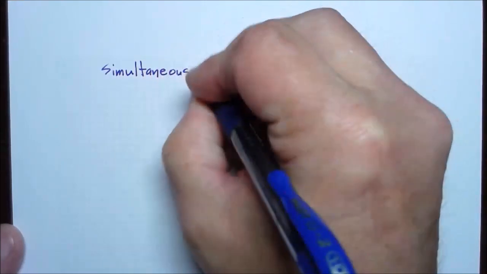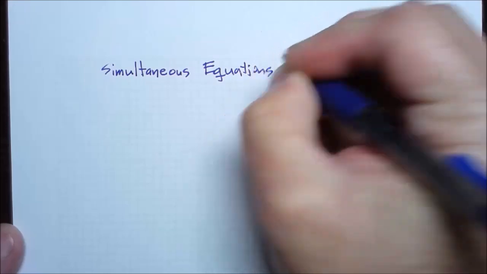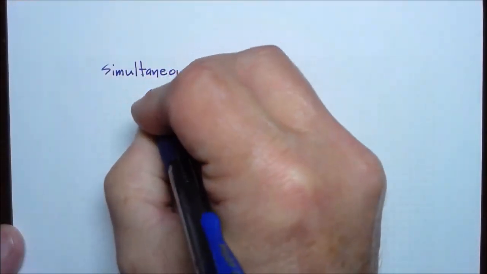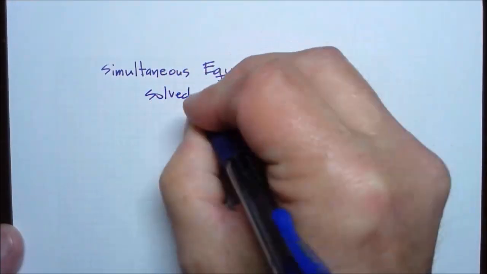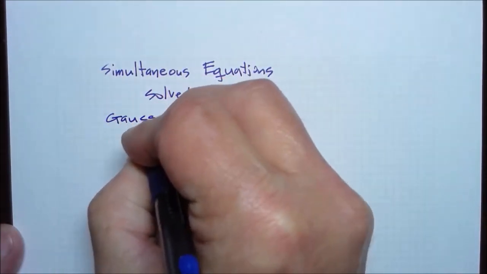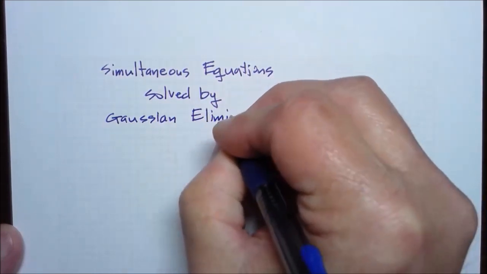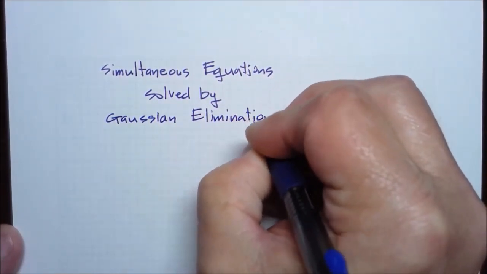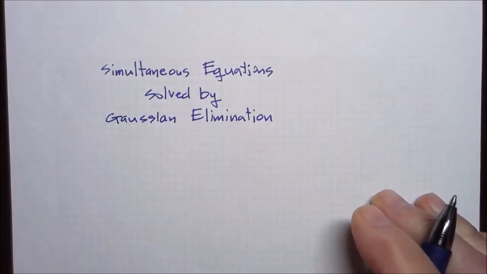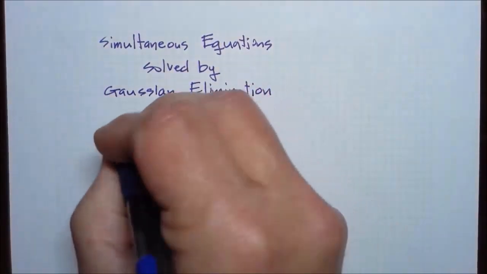Simultaneous equations by Gaussian elimination. We'll start with an example set of equations. Let's take